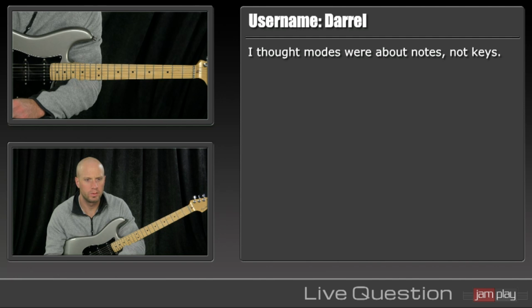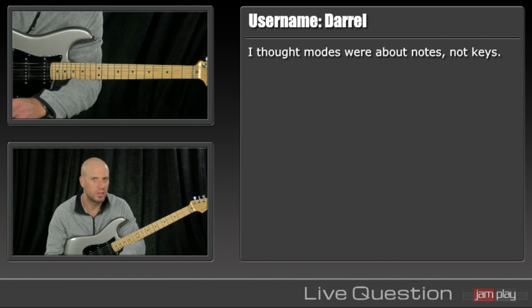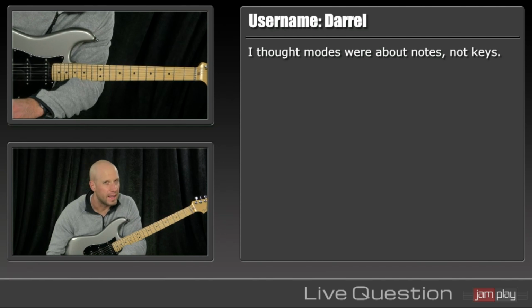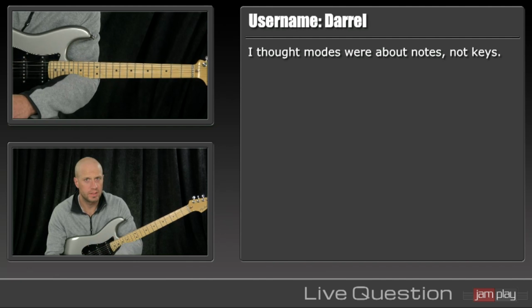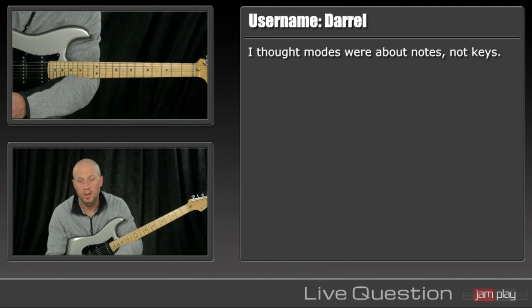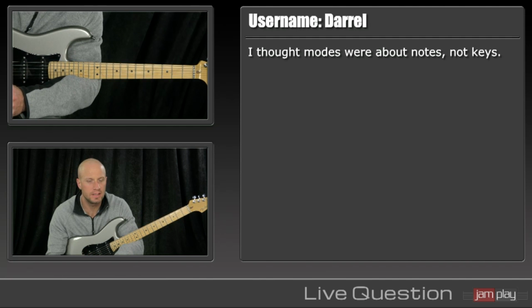If they were just about notes, we wouldn't know what to play. You have to be attentive to what the chord progression is doing and why. If you can see why and hear why a chord progression might be doing something, if you have a minor 1 to a major 4 chord, because we've been talking about Dorian, if you hear that, you know that you can pull out all the notes, all the patterns that you know in D Dorian, for example, and play in the Dorian mode. But so many people make the mistake of just arbitrarily choosing a mode, and the notes that they play aren't sweet. They're not